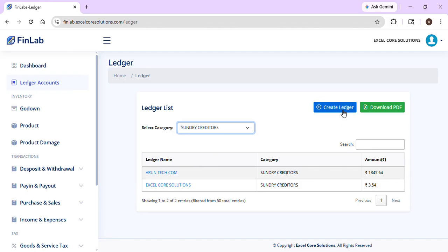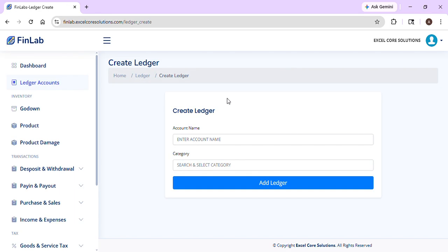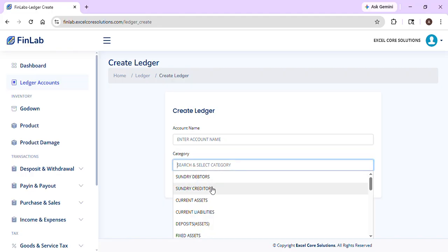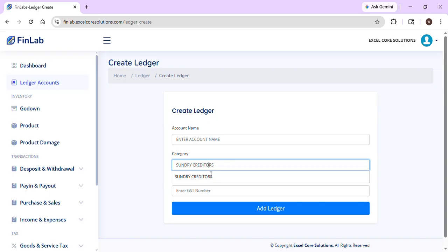To create any kind of ledger account, we have to click on create ledger, and we have to provide the ledger account name, the party's name. That means the party's name will be provided here, and we have to select the respective category as sundry debtor or sundry creditors. Sundry debtors and sundry creditors act the same. A GST number field will come up for these two categories only,